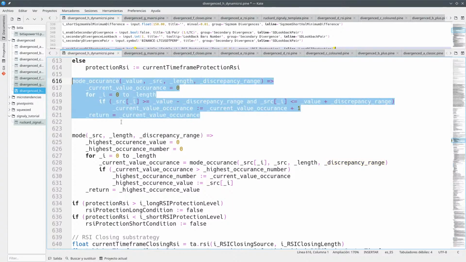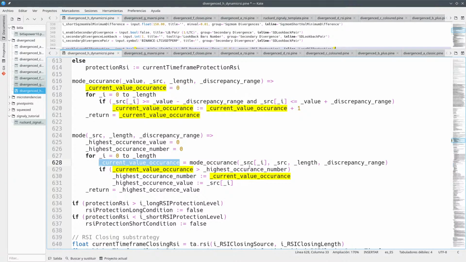this is done in such a way that you do not need to round numbers before using them. That's what I think. So current value occurrence is